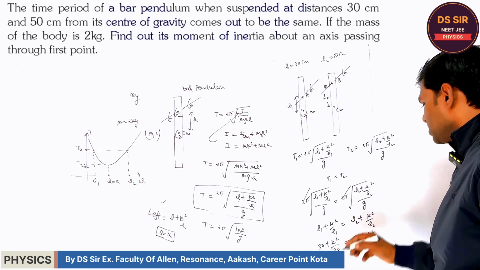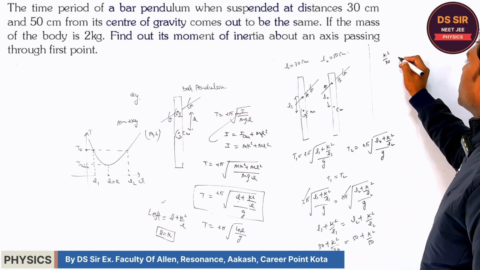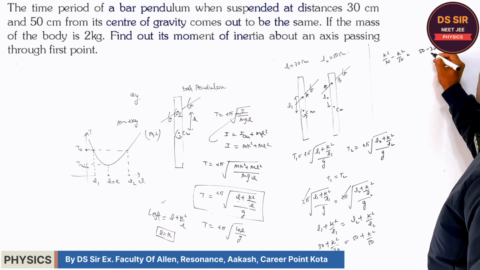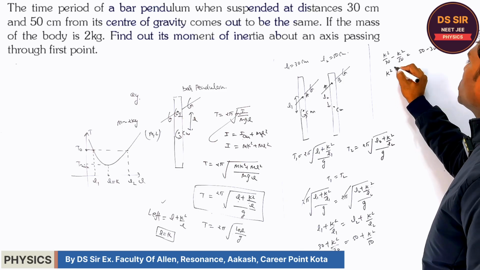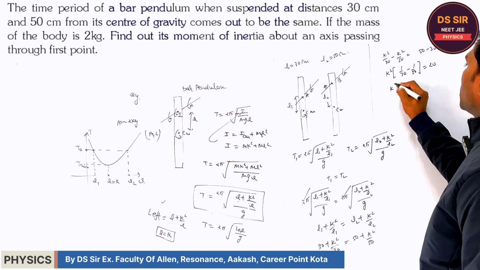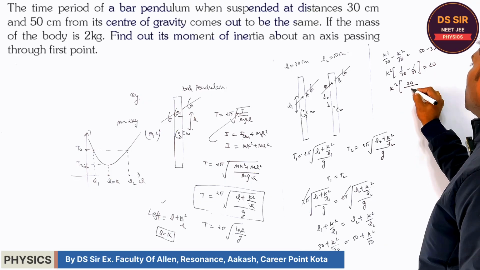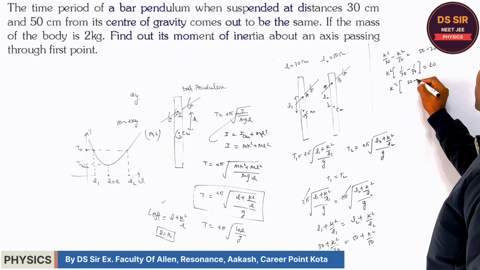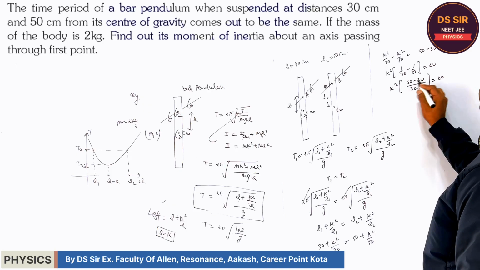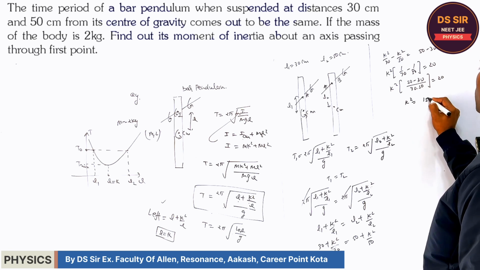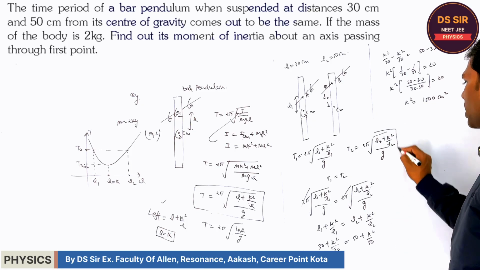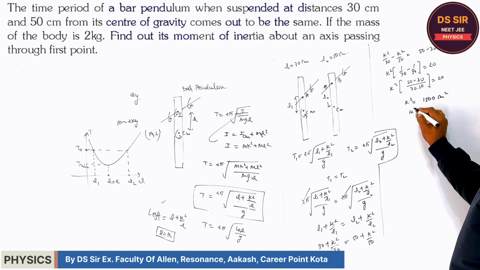You must simplify this. K square upon 30 minus K square upon 50 is equal to 50 minus 30, which is equal to 20. If you take K square common and simplify, it is 20 upon (50 minus 30) over (30 into 50). So 20 will cancel out, and K square value is 500. And the value is in centimeter square. Is it clear or not? Right. Now, or in meter square,